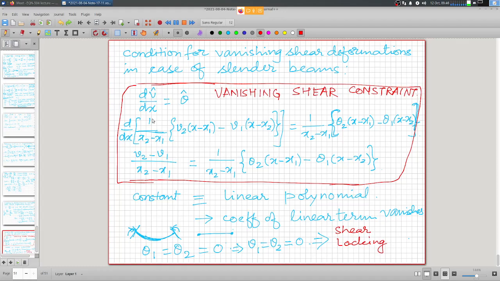So no matter how large a load you apply, the deformations will always be predicted to be 0, and that can be very, very misleading if you are not aware of what is the problem that you have run into. And please note that we have not made any error whatsoever in any of our formulations,